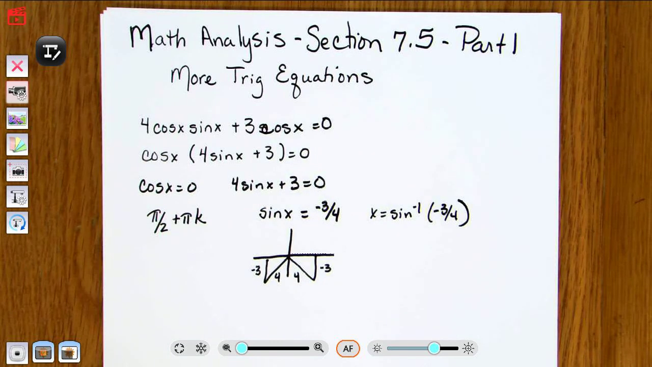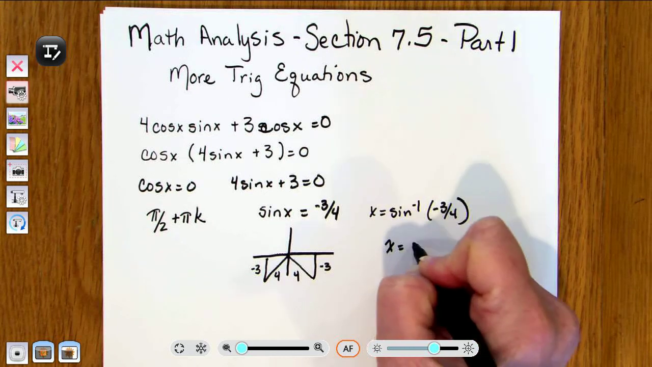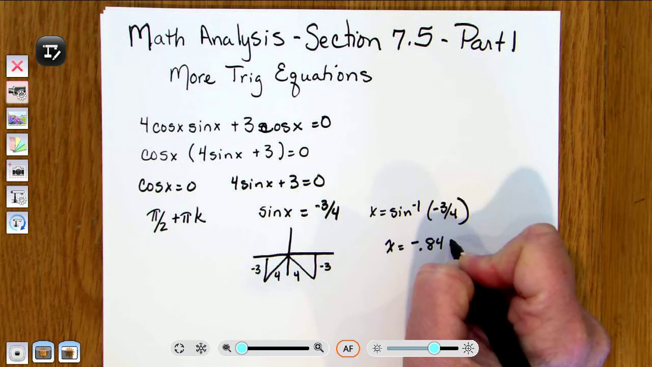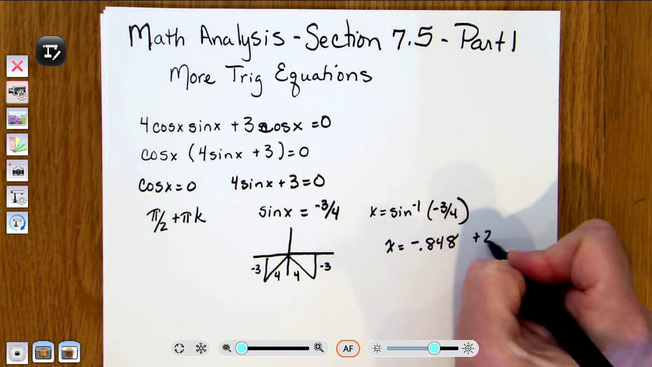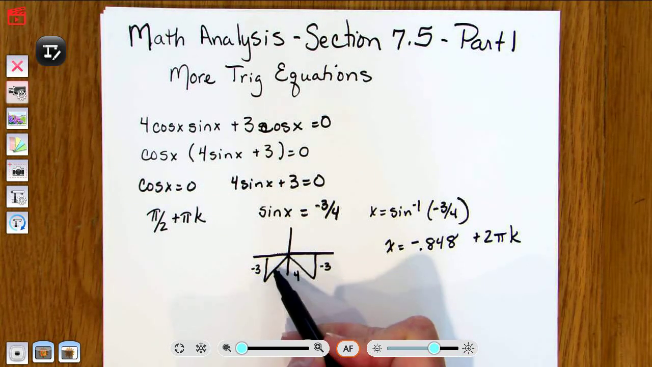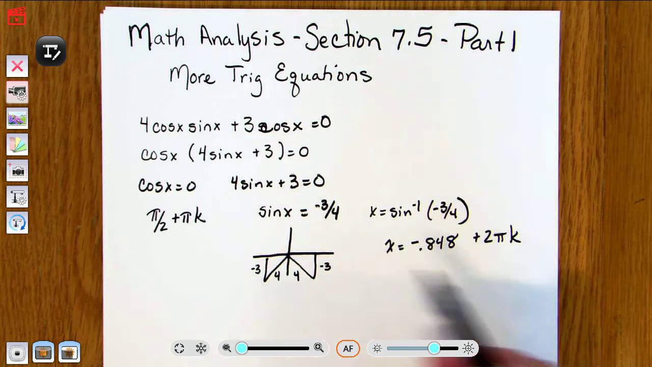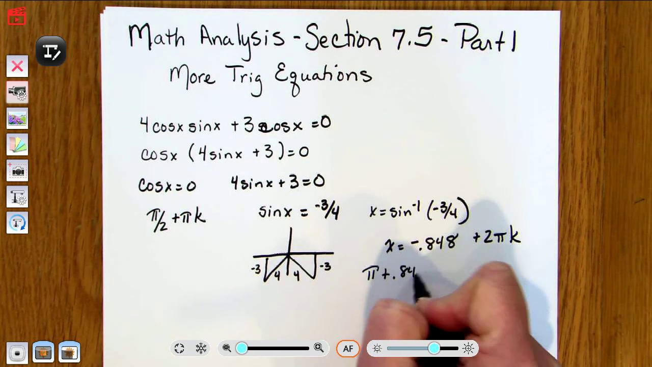If I do that, and if I stay in my radian mode, inverse sine of a negative 3/4, I come up with x being a negative 0.848, rounded to 3 decimals, and then adding on my 2 pi k. Now that takes care of this one. To put this one in there, we're going to actually take pi and add that. So pi plus my 0.848,